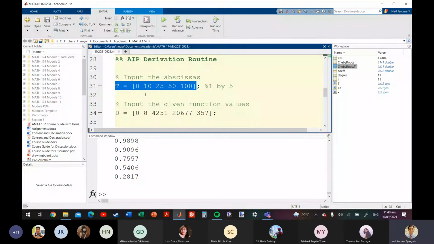Okay. My iPad suddenly joined. It isn't muted. Sorry about the echo. So line 31. Hold on.